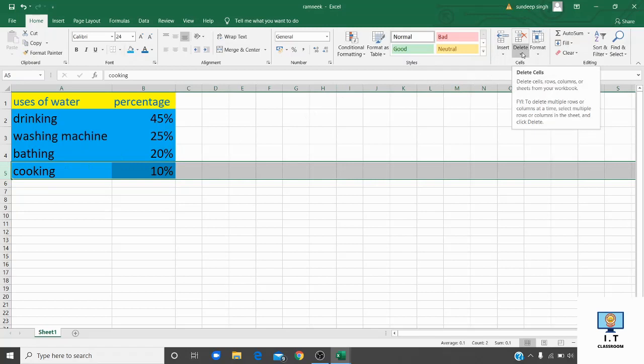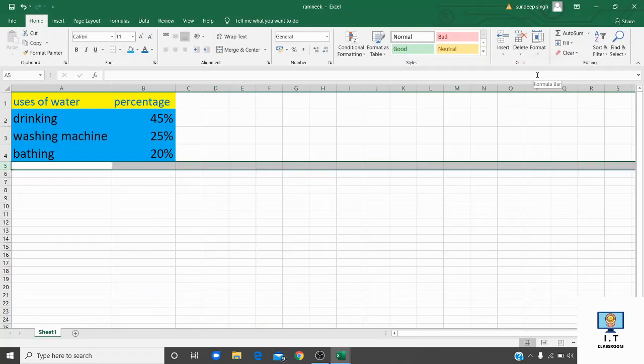In the cells group, choose the Delete option. If you want to delete any row, click on the option Delete Sheet Rows. That particular row which you have selected has now been deleted from this worksheet.